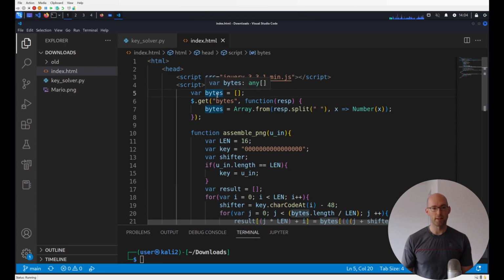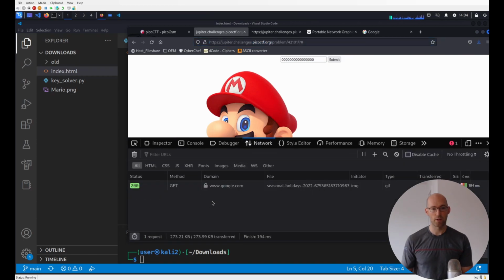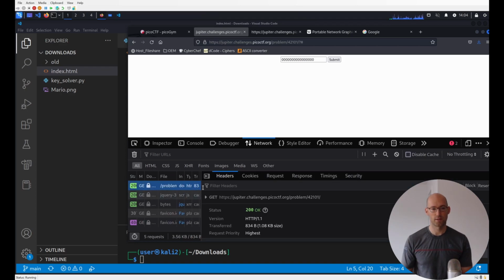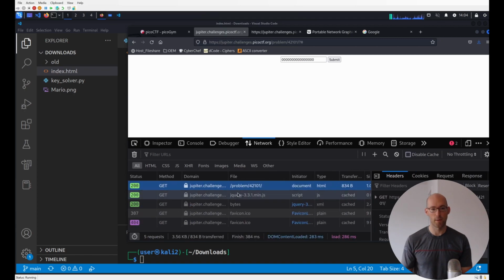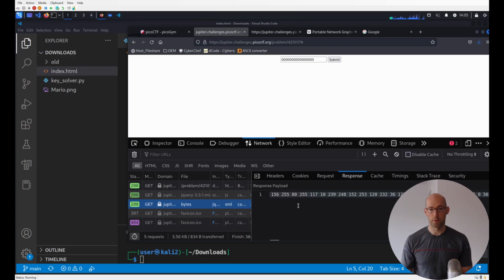So we know we have these bytes that are coming across the wire. What do the bytes look like? We can find that out if we go back here, we refresh, and we look at the different requests. So we see our initial request, which was, well, that was less helpful clicking on it, sorry, for the HTML page. So we can see it's a doc type HTML. Then it requests jQuery, which again we saw above. And then it does a GET request for bytes. So we're interested in those bytes. We want to know what those are. And when we look at the response,